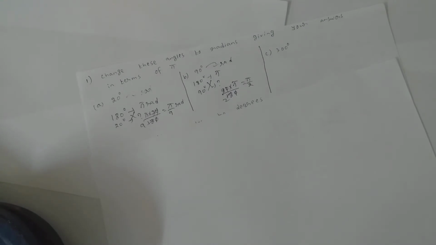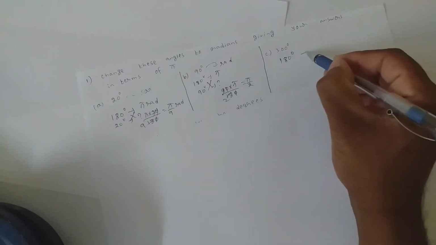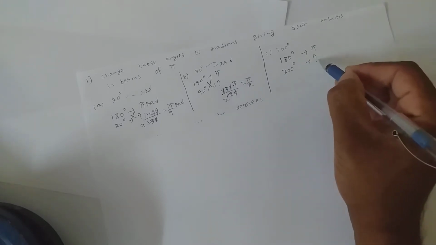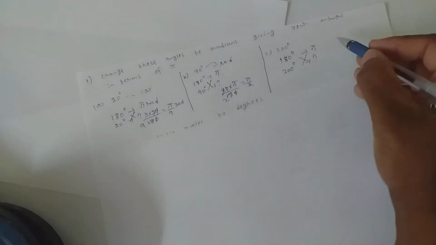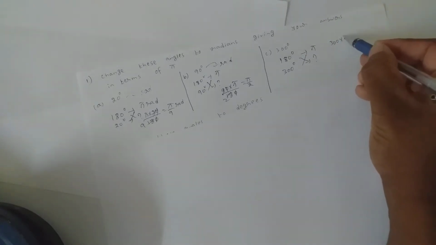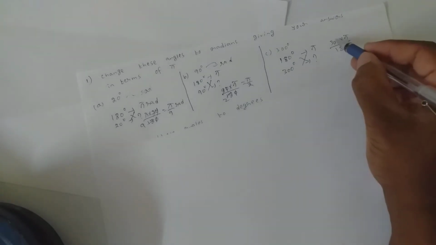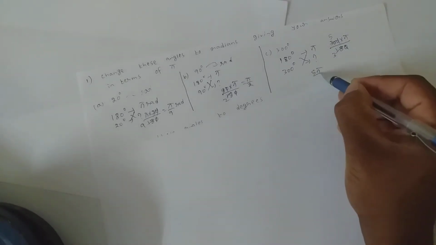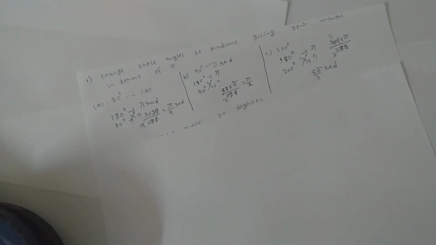Is it clear? Now if it is 300 degrees, again the first line you need to write: 180 degrees is nothing but pi radians. So 300 degrees, how many radians? You cannot cross multiply the question mark, so you will be multiplying the other side, which is 300 into pi by 180. Clear enough? Now cancel out zeros, 6 fives are 30, 6 threes are 18. So that results in 5 pi by 3 radians. Am I clear so far? How am I changing degrees to radians?